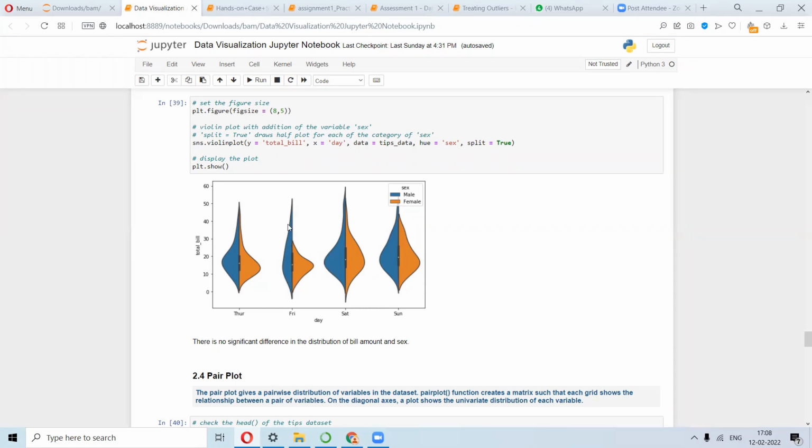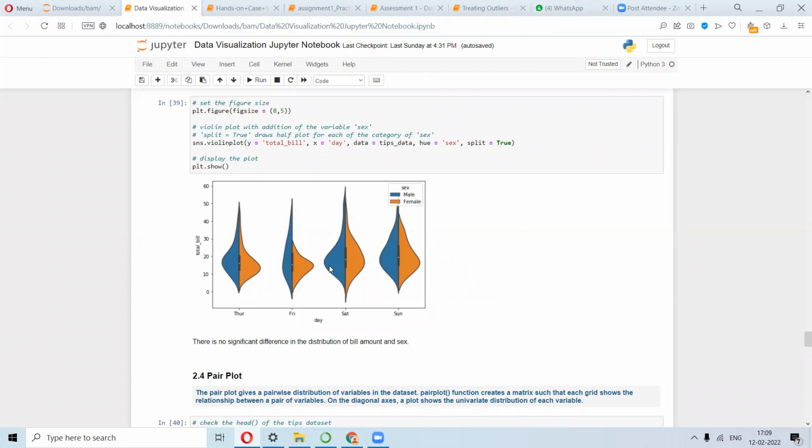Right. So on Fridays, you see that the tip amount is positively skewed. Really less number of people are tipping high among men. Females do maintain some minimum tipping. But on Saturdays and Sundays, there is some sort of pressure where even men are tipping considerably, though it's positively skewed.